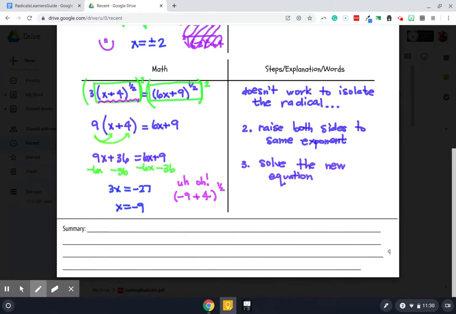If I owed you $9 and I only paid you 4 of them back, we're not square. You're probably still pretty mad at me because I still owe you $5. It's hard. Well, in this unit, we're not going to deal with the square root of a negative number. Okay? We can deal with cubed roots of negative numbers, but we're not going to deal with the square root of a negative number. So this answer does not get the Visto seal of approval,